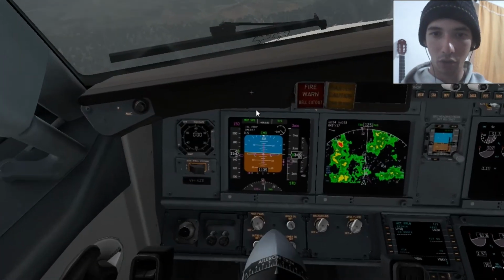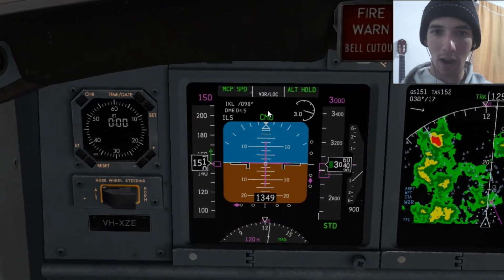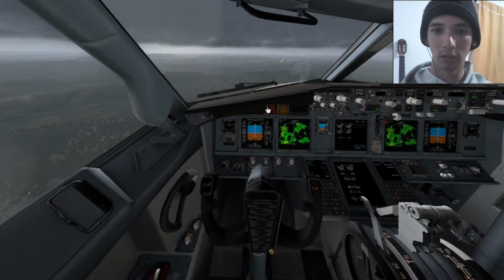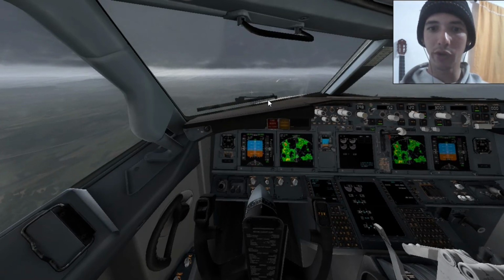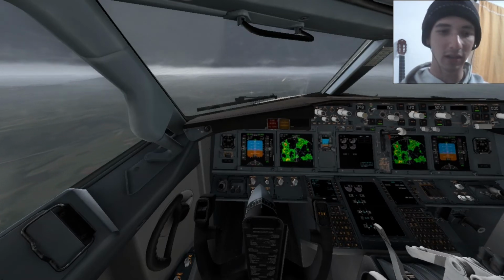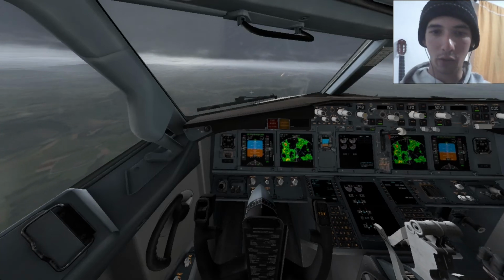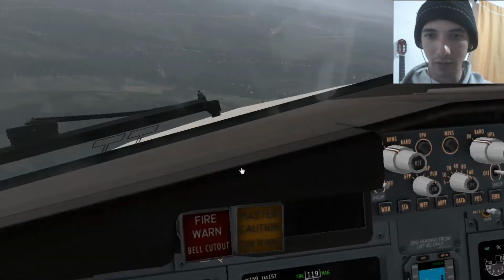So we still have no signal. The localizer is still white, it's not green yet. We still have no signal, even though we are so close. I don't understand, for real. Alright, now we have signal. It turns green right now, so now it's time to